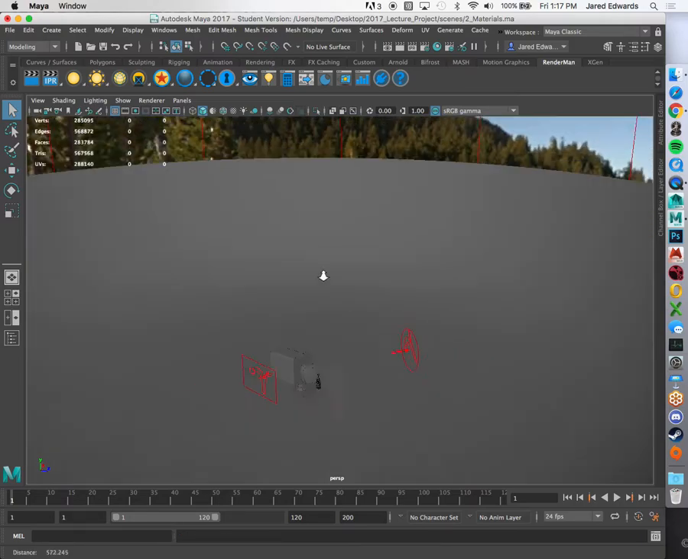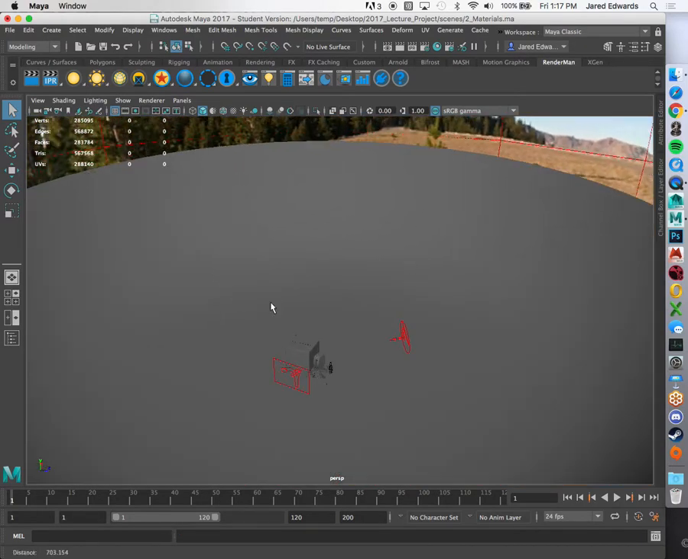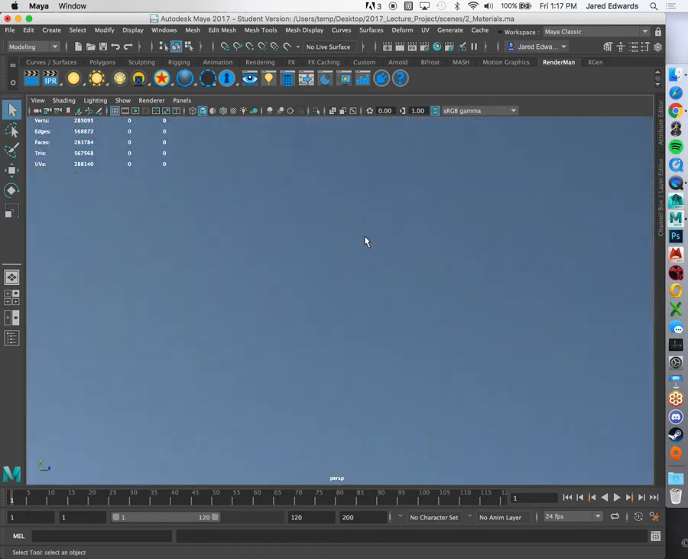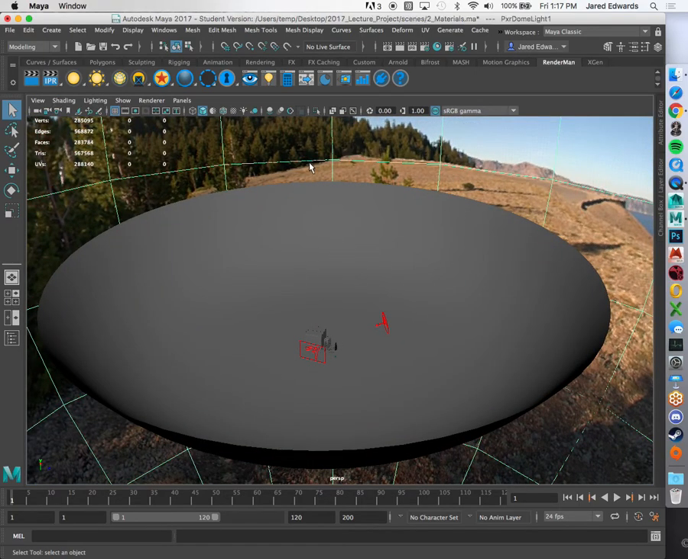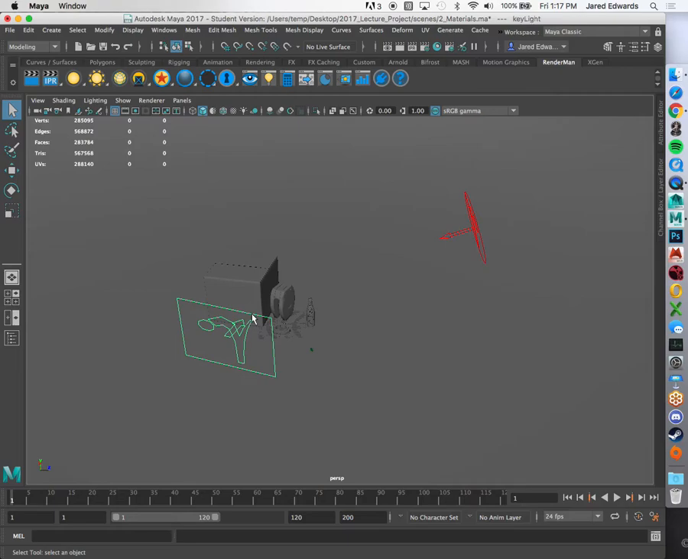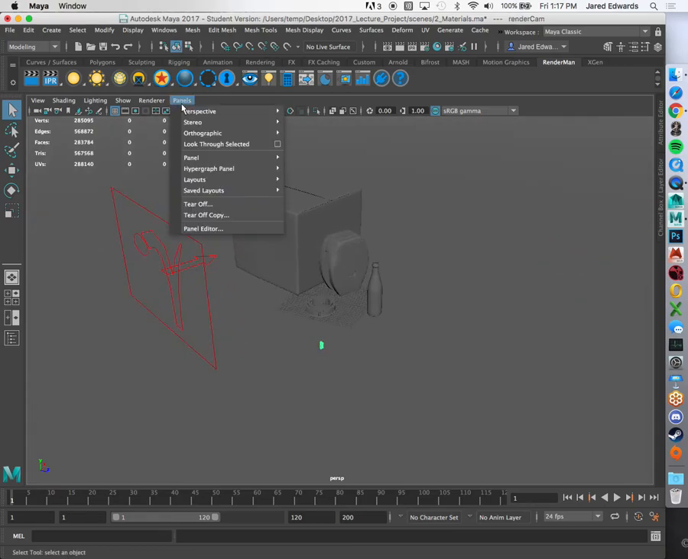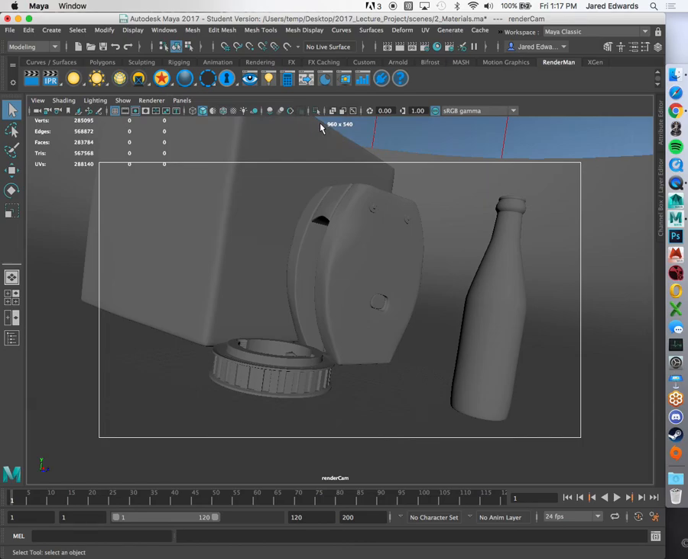Okay, so it looks kind of like this. We've got a couple of basic lights. We've got our dome light in the background, a rectangular area light. This is a disc area light. And there's already a camera set up, but if you look through the camera, you can see roughly what we're looking at. It's just looking at a few different props that we're going to be making some materials